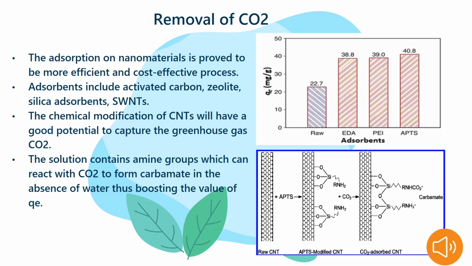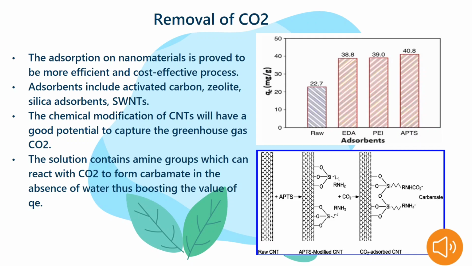But adsorption on nanomaterials is proved to be a more efficient and cost-effective process because of its enhanced adsorption capacity due to their large surface area and their ability to be regenerated. Common adsorbents which are used are activated carbon, zeolite, silica adsorbents, and single wall nanotubes. And the chemical modification of single wall nanotubes has good potential to capture the greenhouse gas carbon dioxide,